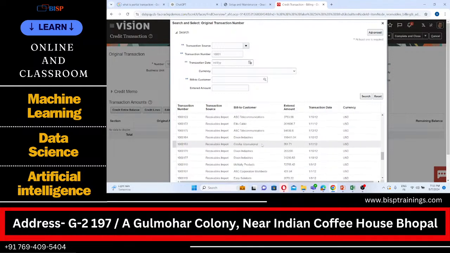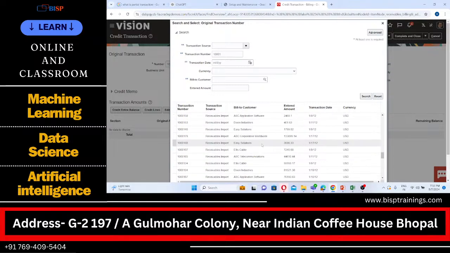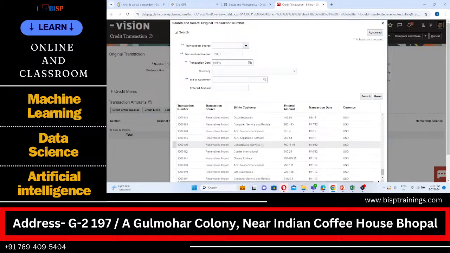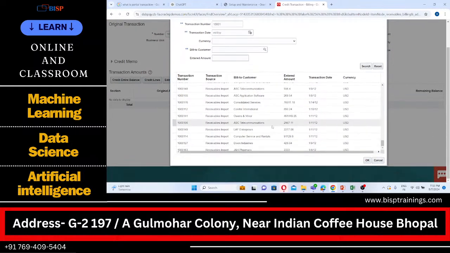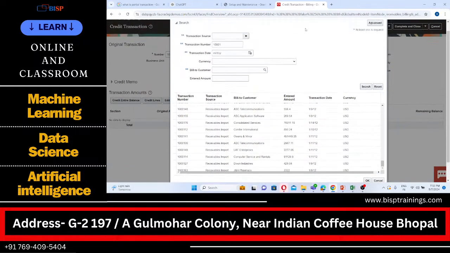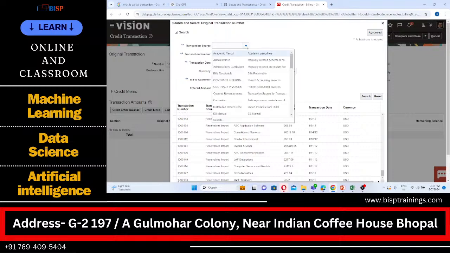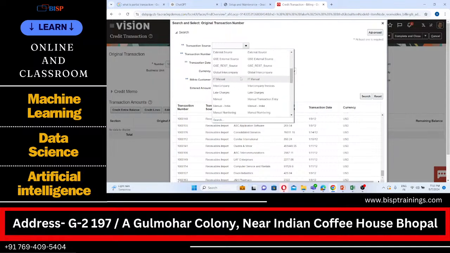So many numbers are appearing same, so select the transaction source and try to search our